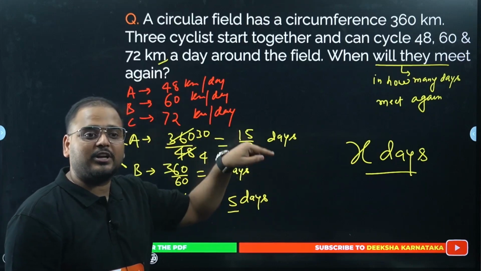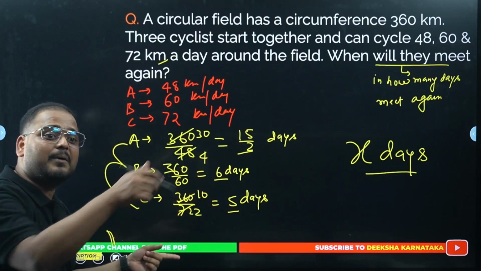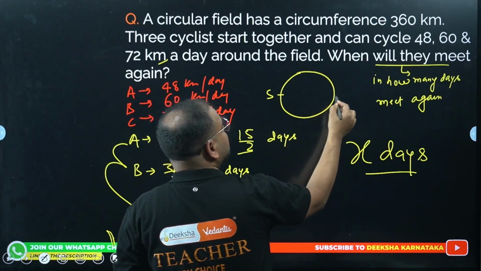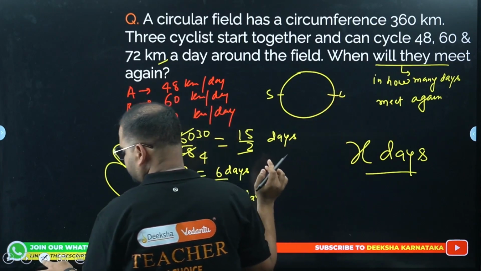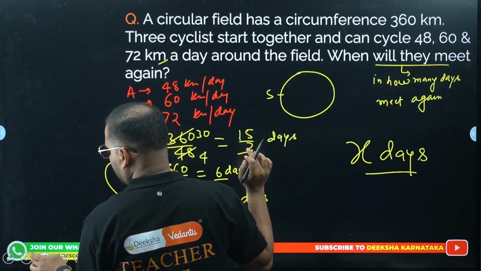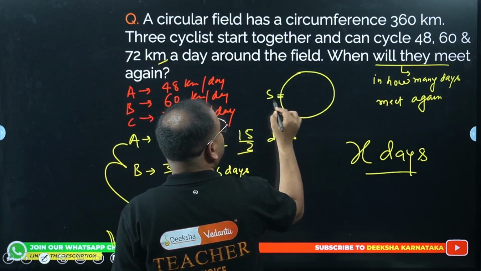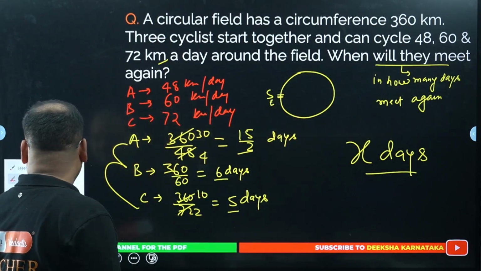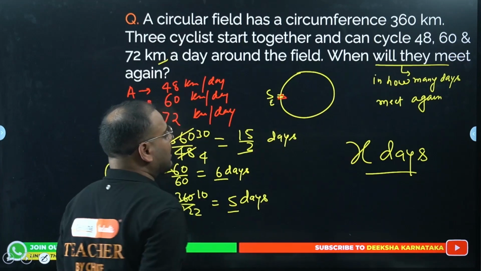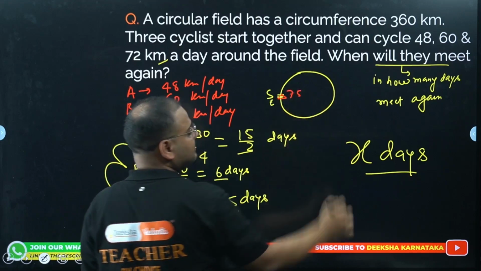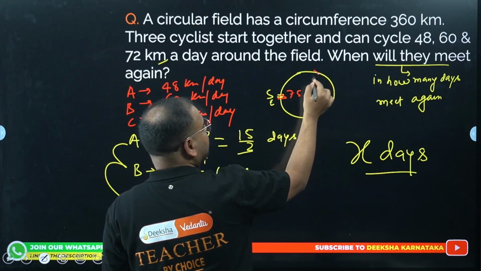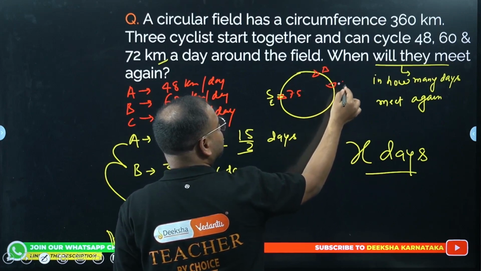A will be here after one rotation, but C will already have passed the first point. If I take this checkpoint as the starting point and this as the ending, starting and ending will remain the same. So cyclist A, let's say, has reached back here after one rotation, after 7.5 days. But by then B will be somewhere here and C will be somewhere here,